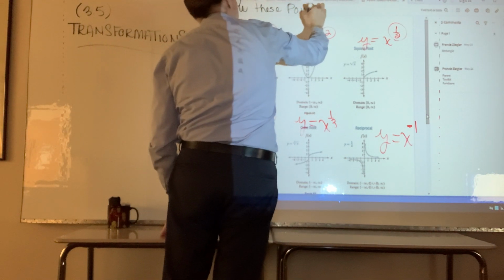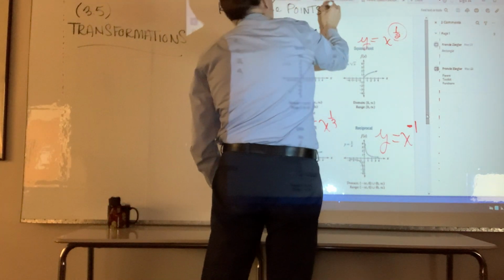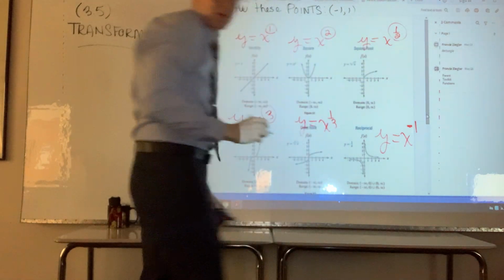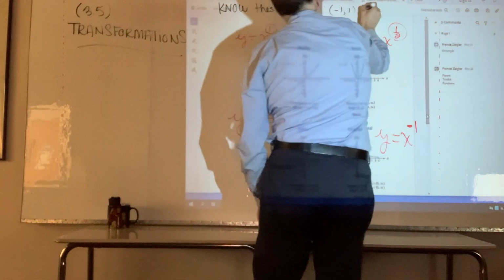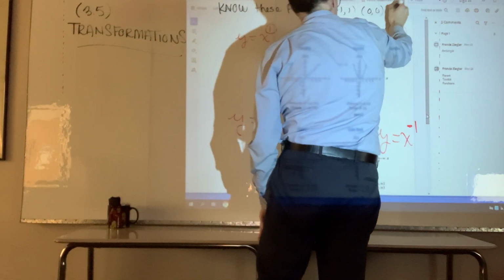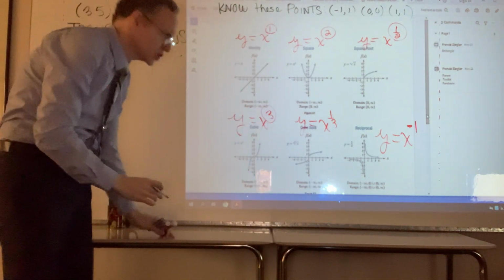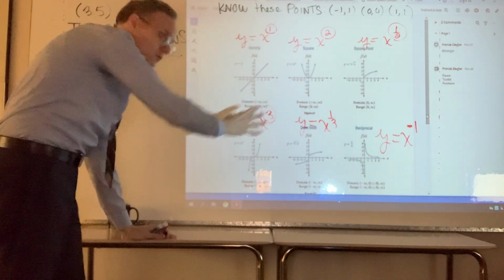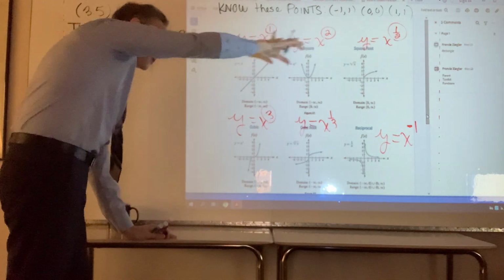Because they show up not all of the time everywhere, but consistently. -1, 1, for example. 0, 0, the origin, 1, 1, right? You'll notice that they have the most basic incarnation of each of these functions, more or less those points in common. They're not the same drawing ultimately, but they would be good to know that they are comprised of those